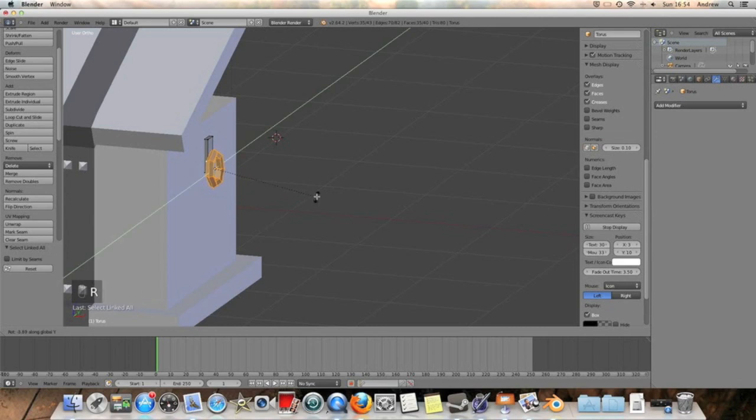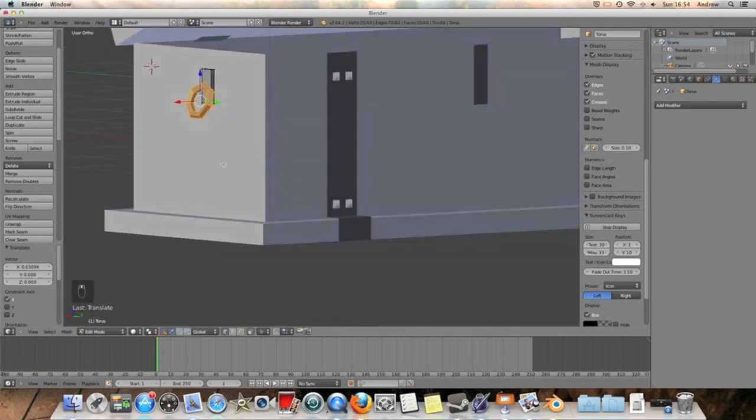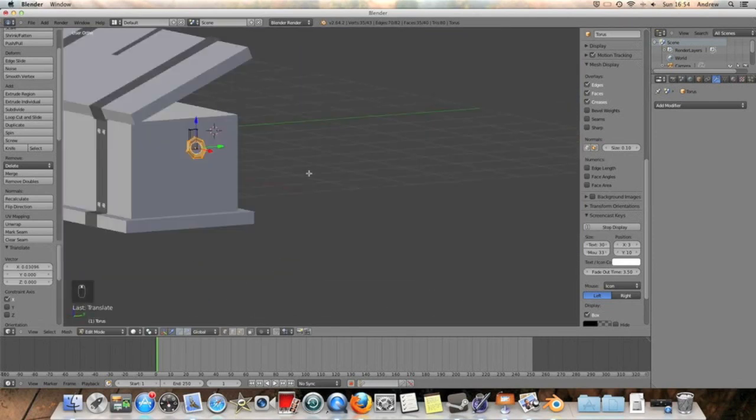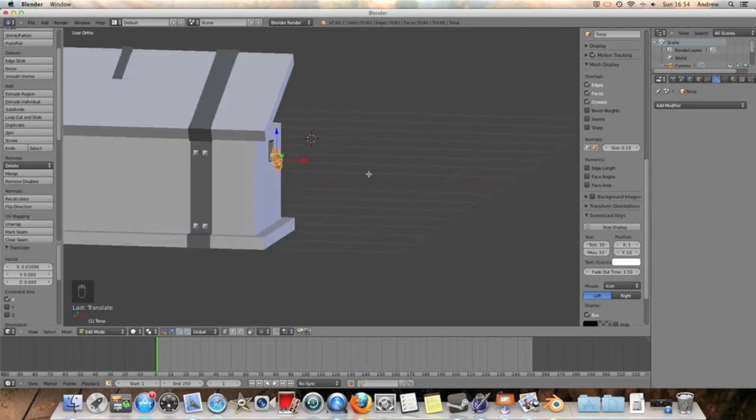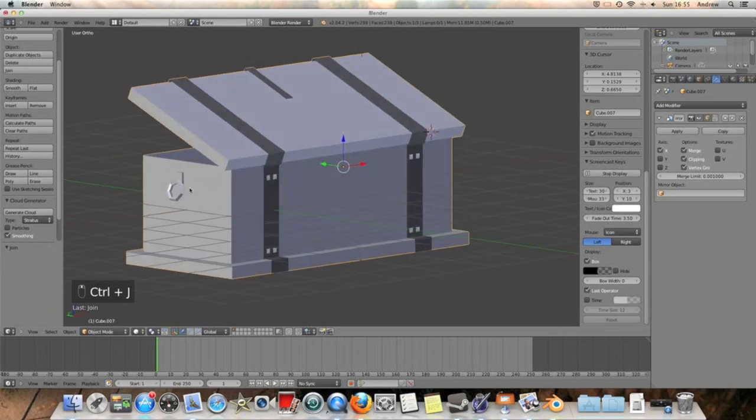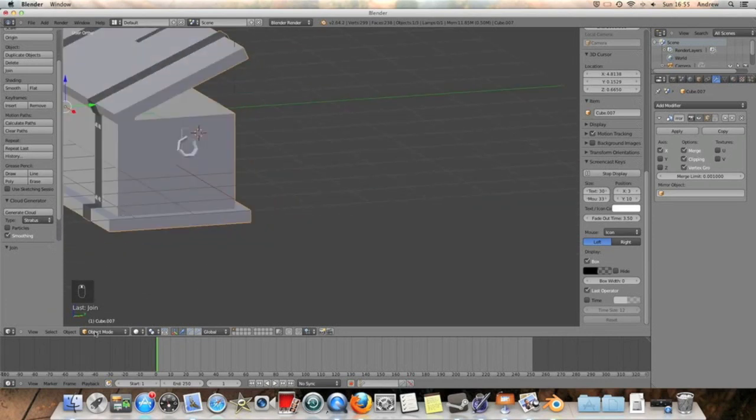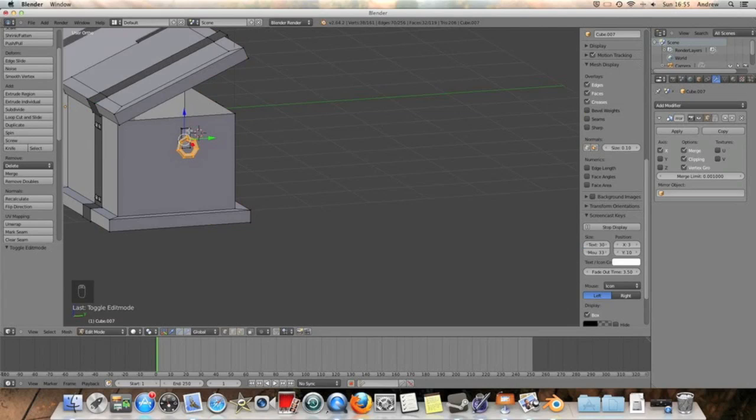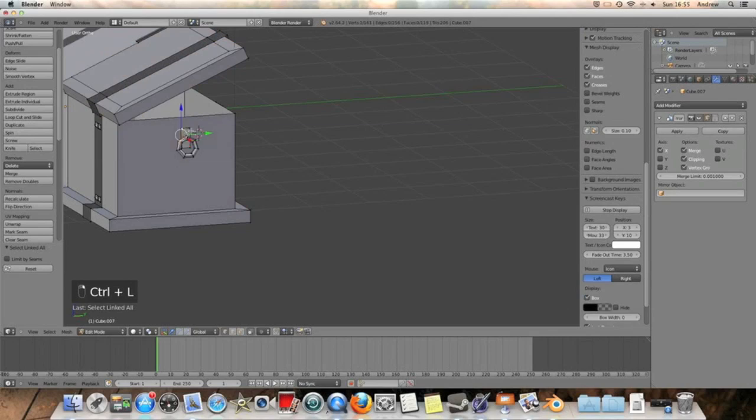I'm going to rotate that on the y-axis as a final touch, just to make it look like it's a little bit more connected than just straight down. And of course we're going to need to rejoin them, and that'll mirror it. So let's go into object mode, Control J to join them. Straight away they're rejoined, and we can go into edit mode, Control L to select linked, and we want to actually get just